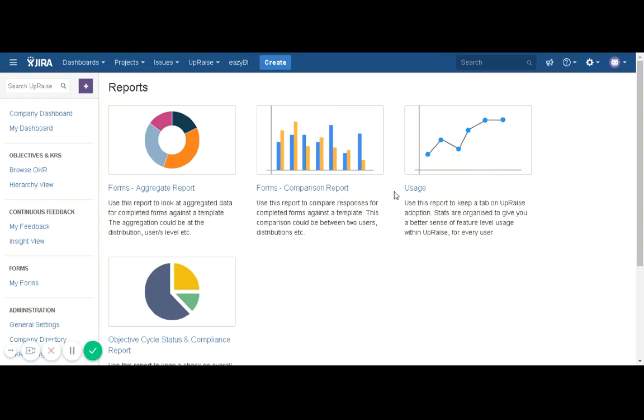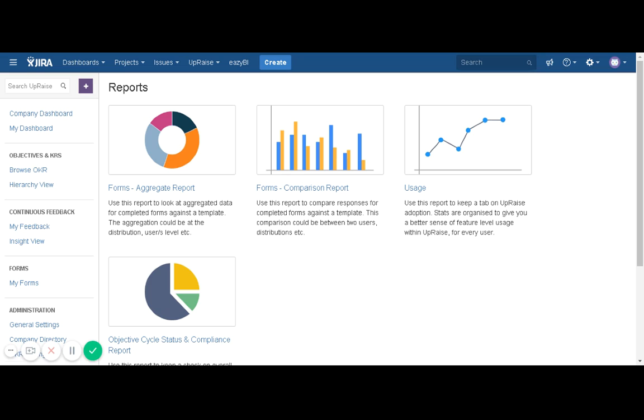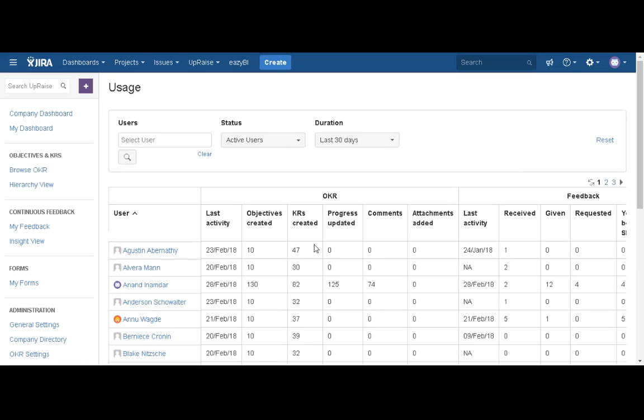There is another type of report called usage report, which shows you the usage of the feature, how people are using different modules of UpRaise, how many people have created objectives for themselves and teams, and who do not have any objective at all, how many people have shared feedbacks, how many feedbacks are being shared for different users, and what all forms are distributed, etc. So everything related to usage will be available in usage report,